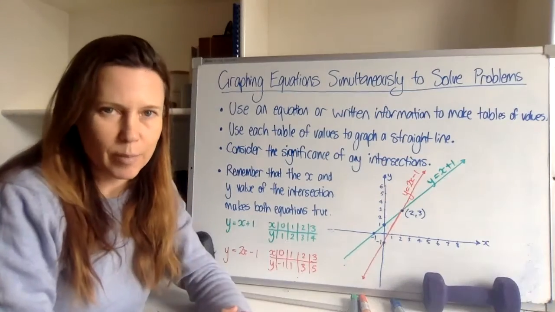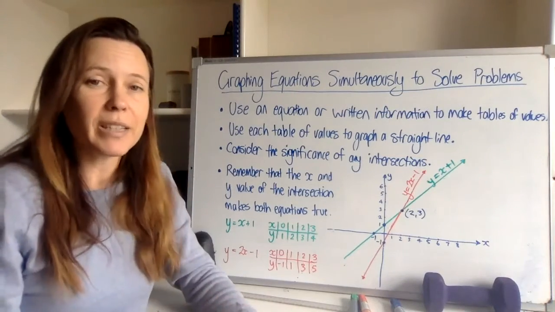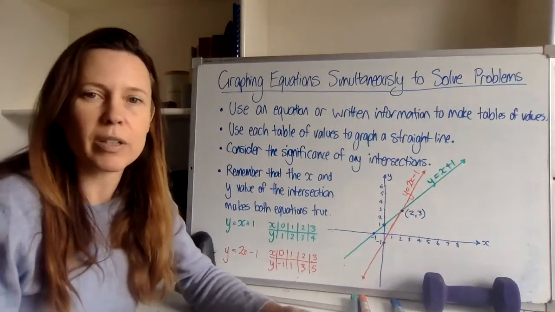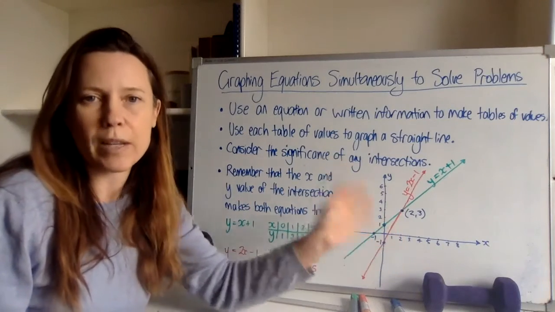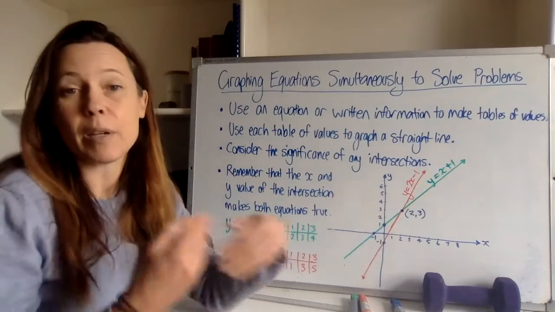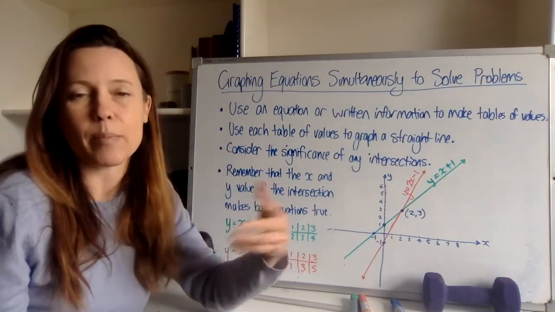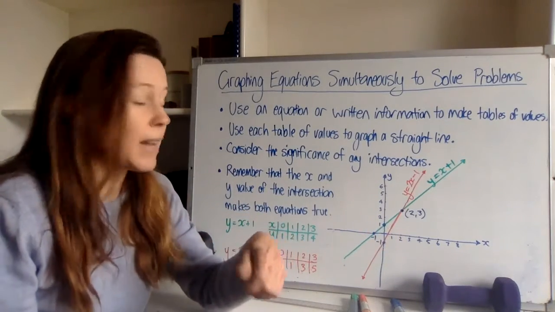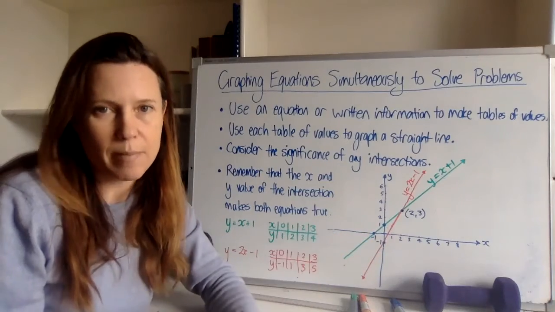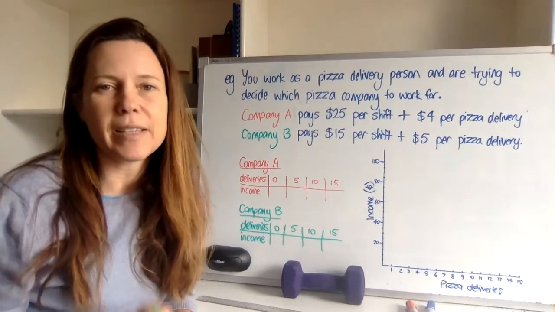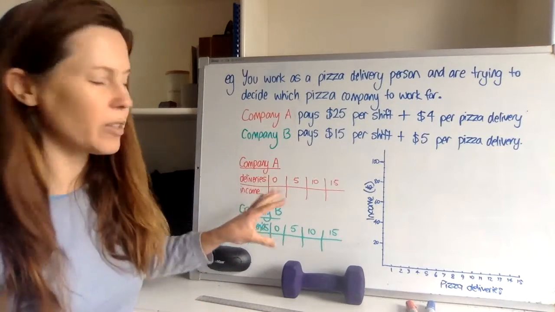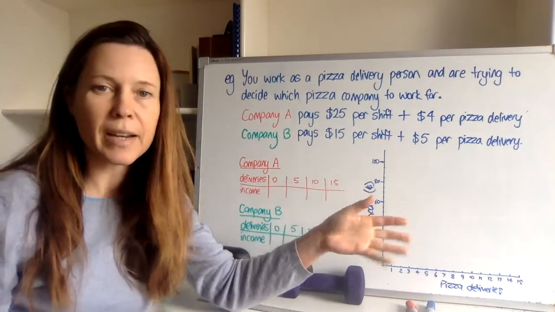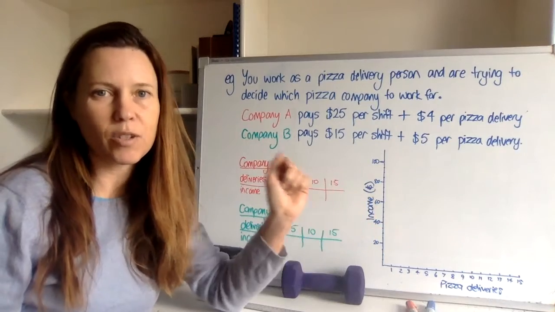Now, that's a bit of an arbitrary example, perhaps even a little bit ridiculous, but in the business world, it's super common to use equations like this to work out where your break-even point will be, how many items you're going to need to sell to make a profit or a loss, and how much profit or loss you might actually make. Now let's look at an example where we've got some written information and we need to draw up a table of values, graph some straight lines, and then have a look at that intersection point